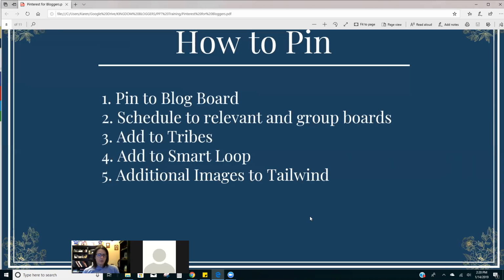But it also keeps all your pins in one place, and you don't have to know which ones you've already pinned, because you do it in a specific routine every time. So pin it to your blog board, go to Tailwind, and schedule it to pin out to all of your relevant boards. So if it was, say, on Kingdom Bloggers, a post on parenting, it would go to the blog board first, and then I would schedule it to go to the Christian parenting